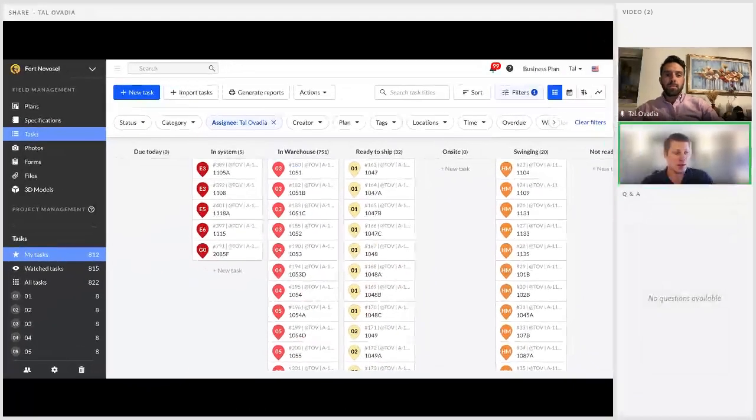So 800 tasks, that's a lot of tasks, obviously a lot of awesome data. Creating those one by one would obviously take a ton of time. So how are you getting those into Fieldwire? Sure. Great question, and important for, I guess, nearly a third of people on the webinar who are not using Fieldwire currently. So this is not a one-by-one kind of task import.